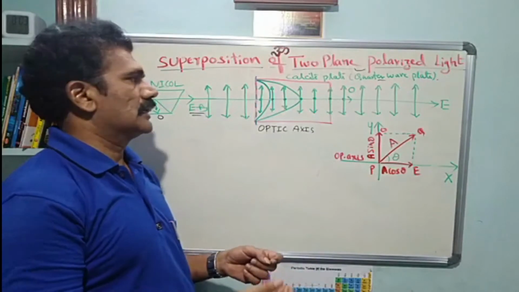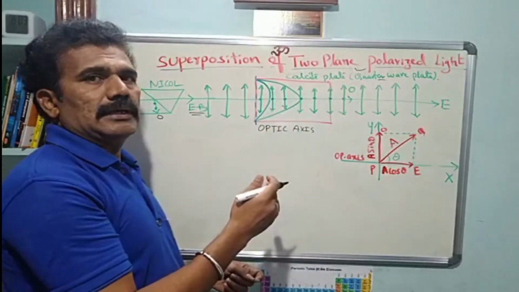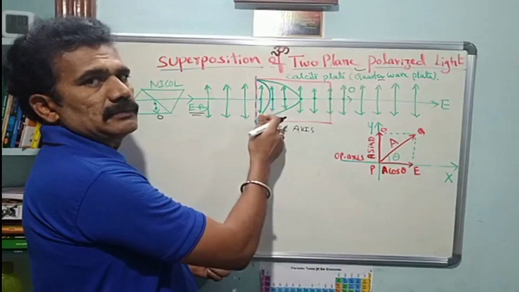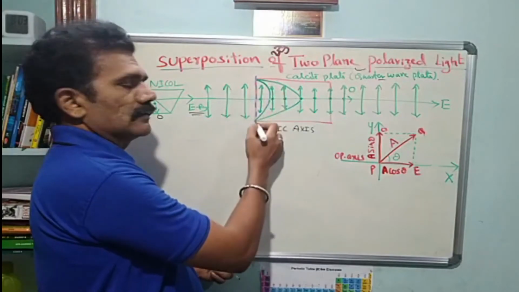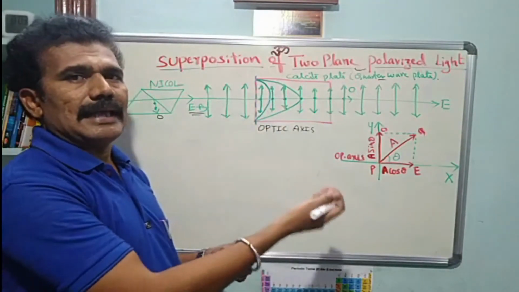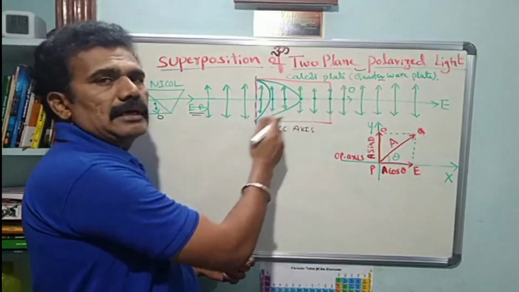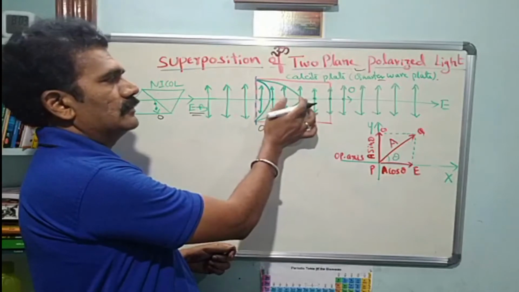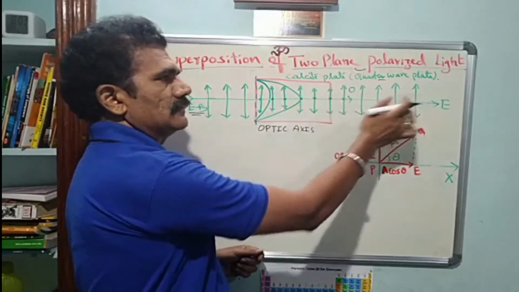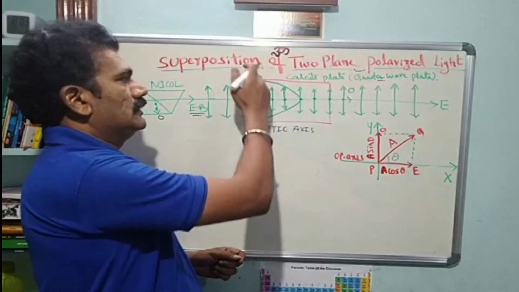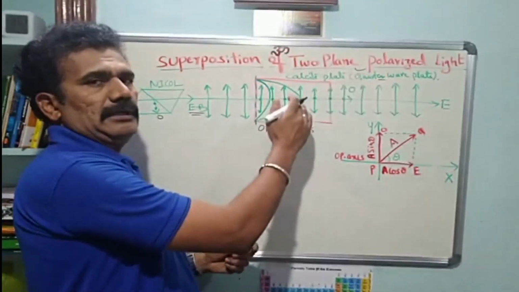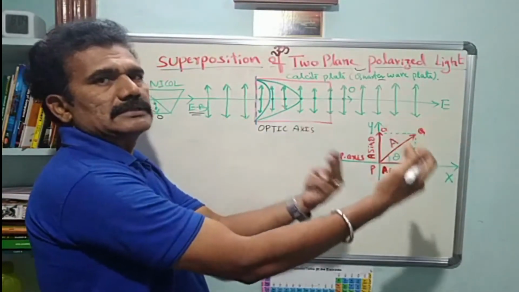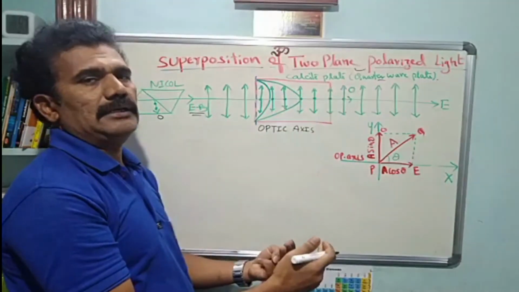Elliptically polarized light always gives what kind of wavefront? An ellipsoid, isn't it? A three-dimensional ellipsoid. The ellipsoid always advances first with higher velocity, whereas the spherical wavefront is lagging behind the ellipsoid. Hence the first advancing light is always the extraordinary light with the ellipsoid. It is moving like this, and immediately behind it the spherical wavefront follows. They are moving in the same direction but with different speeds. That is because of the phase difference. You know that, the phase difference.